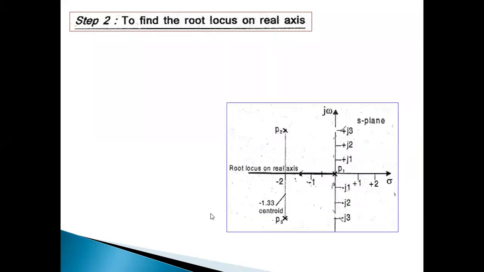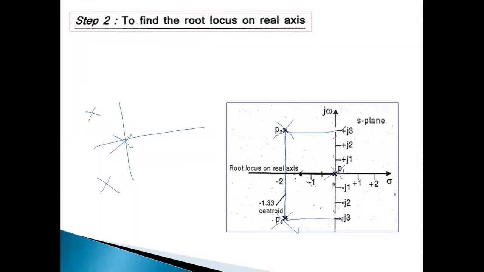So this is the root locus plot once we identify the poles. At s is equal to 0, we have one pole. At s is equal to -2 plus j3, we have another pole. At s is equal to -2 minus j3, we have one more pole. So there are three poles: one pole at the origin and the other two are complex poles. Now the root locus always starts at open loop poles.